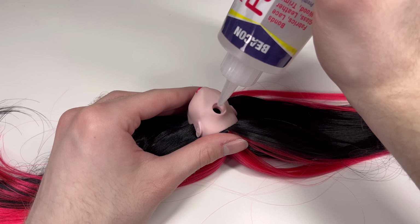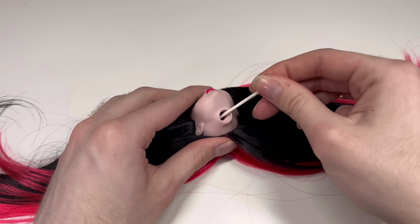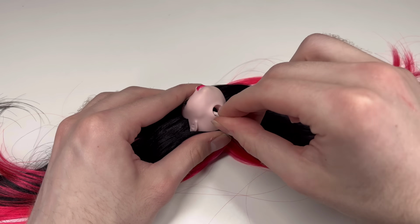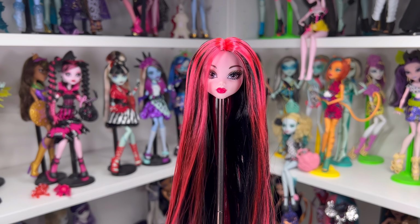After I was done with my reroot, I filled it with some fabric tack glue. This glue will not seep out like normal Monster High glue does. And I think that's because it's able to actually dry, unlike the Monster High glue. After letting Draculaura dry for at least 24 hours, I put her onto my doll stand,